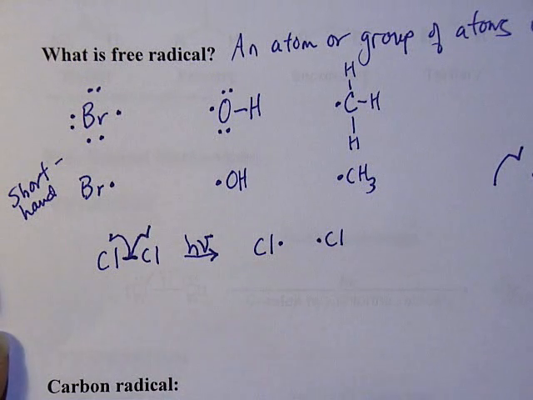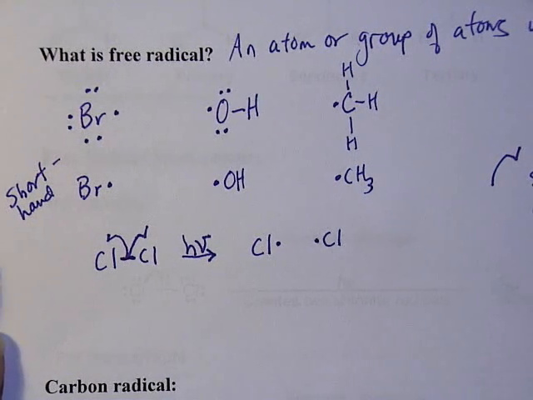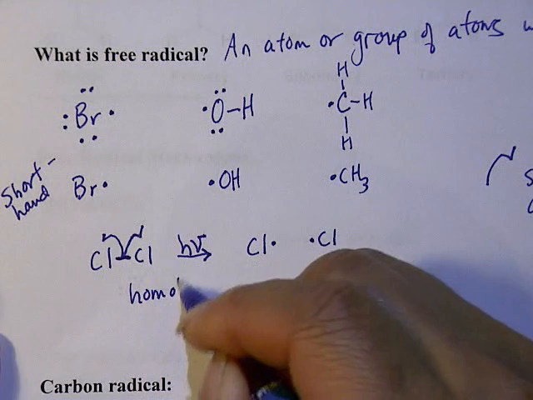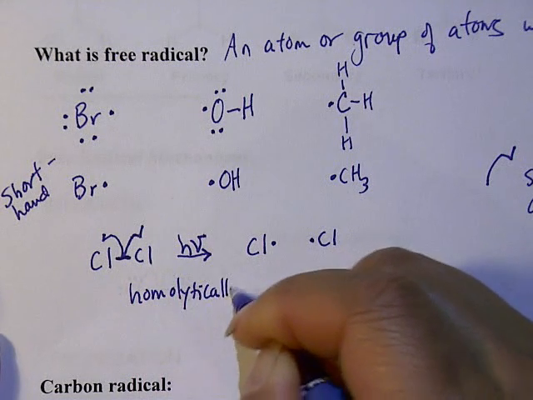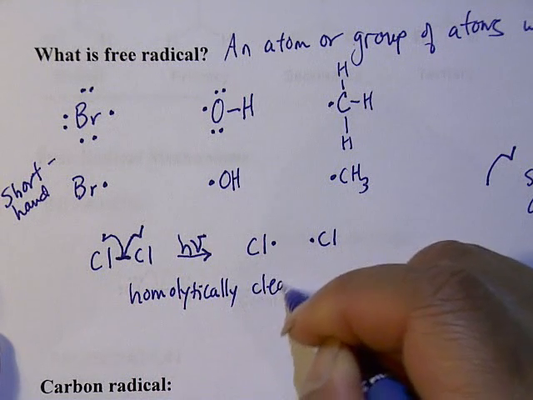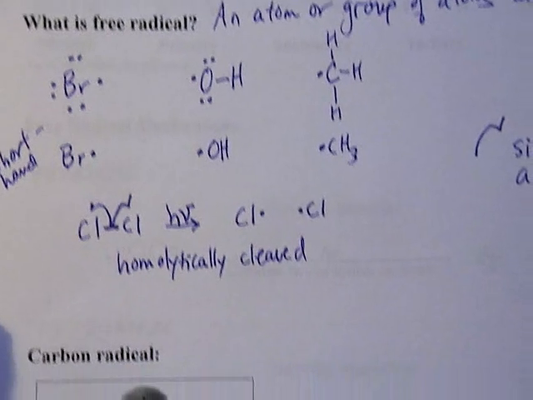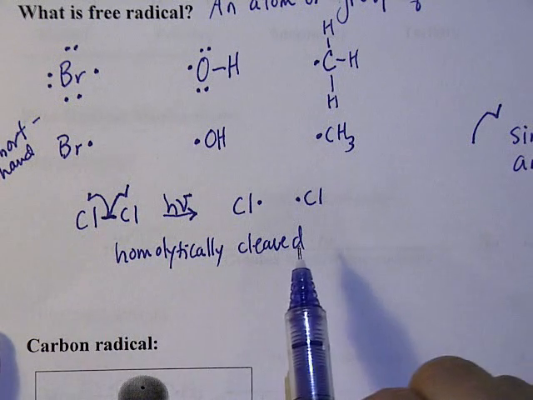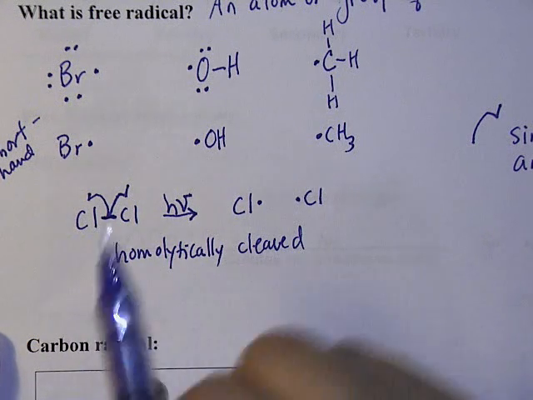So that's how you would indicate a bond being homolytically cleaved. That just means that the 2 electrons are given equally to each atom